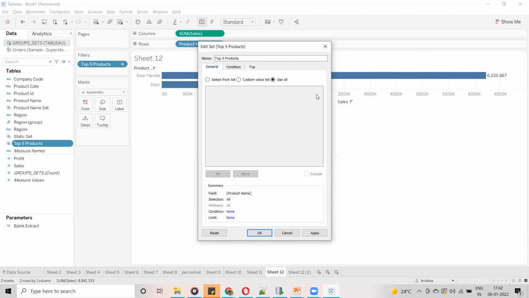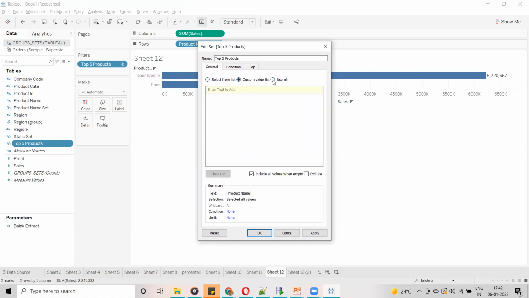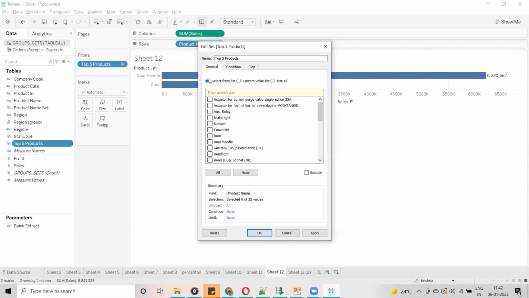Okay, right. So now coming to the general window. In the general window, it is displaying a lot of things. First you can see select from list, custom value list and use all. Here in the custom list, you can see nothing is selected. For example, in the custom list, the customer wants to see only a few products, meaning he wants to include only a few products as part of the set.